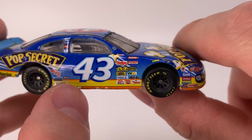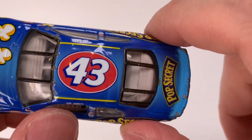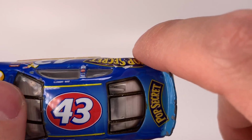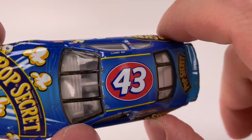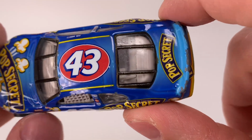I think that's the orange that's chipped off there. Go to the top of the diecast. You have the red outlining to the roof of the diecast, which has the number 43. Love how Hot Wheels would actually put not only three-dimensional texture to their windows, but they would also print the window bars. And as you can see, the window bars actually hold up significantly better than the printing that the Racing Champions